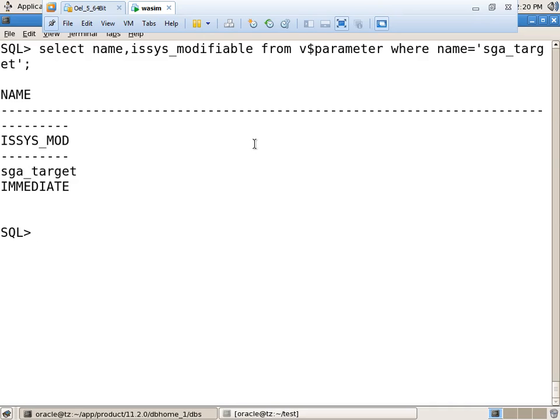Immediate means what? Dynamic, right? See, first of all, we have to check that our instance is started through P file, right? This one is dynamic, right? This parameter is a dynamic parameter. Now you want to change